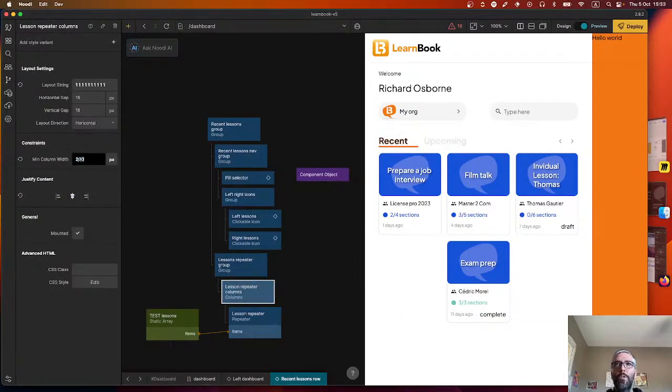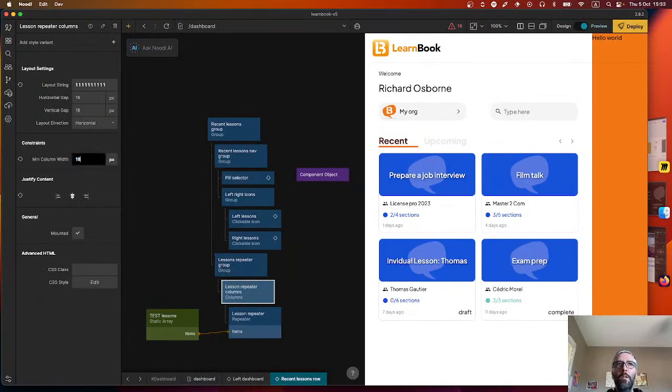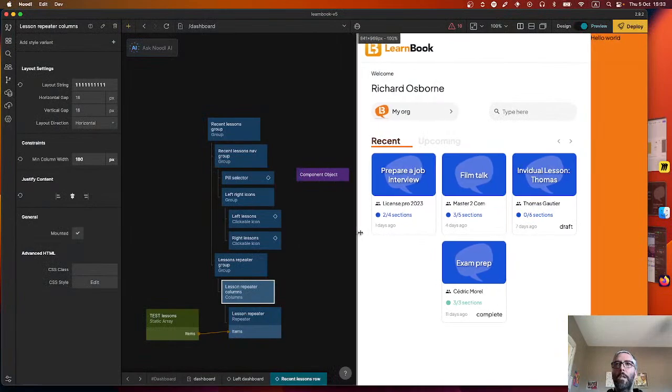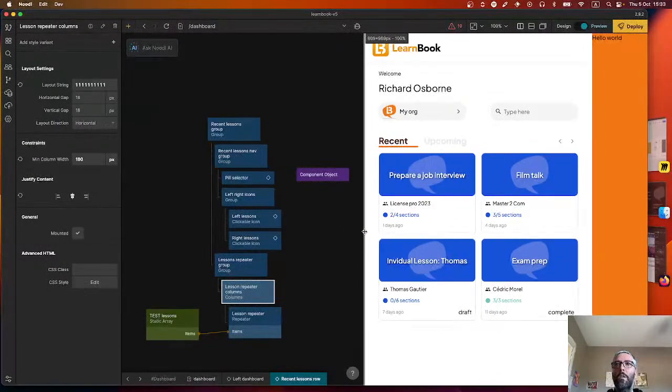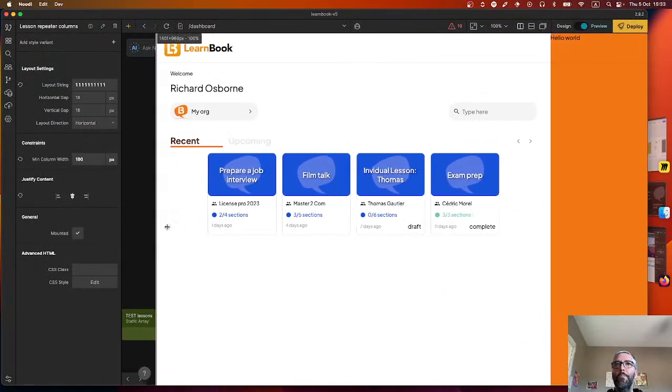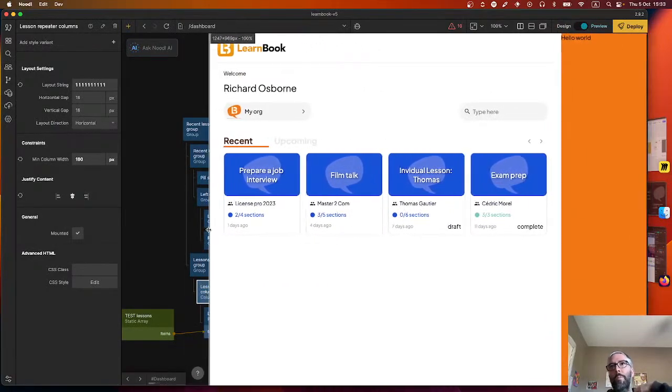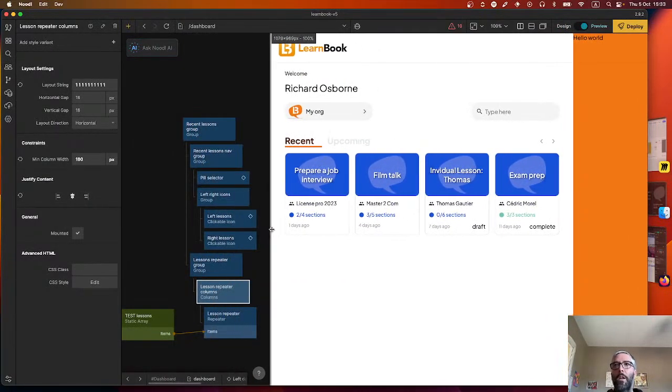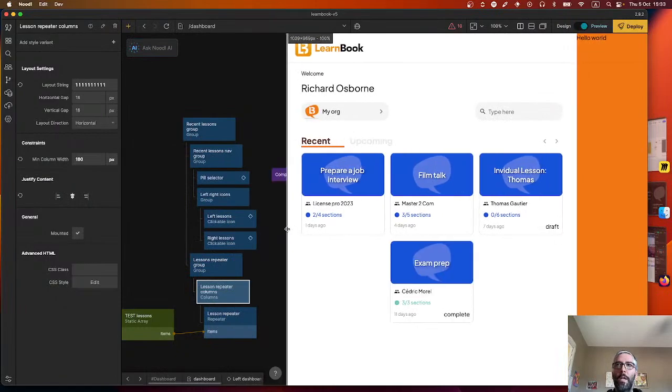Let's give it a 200 min width. No, it's too much. 180. No. Yeah, that's a bit better. A bit more sensible. So we'll have that stretch, but then I want to make it that it'll only, you know, I'll calculate how far it can go before it does an extra line down here, and then say, okay,